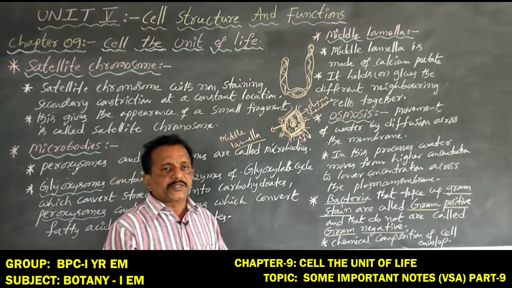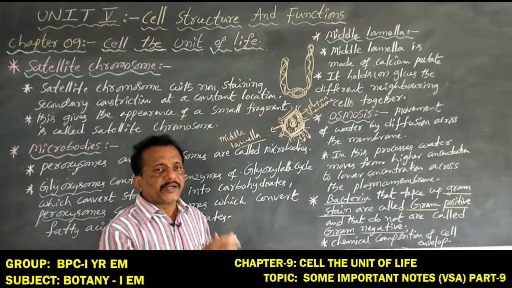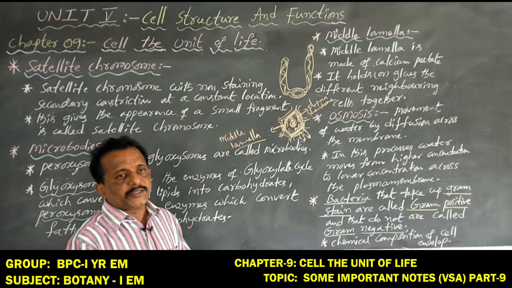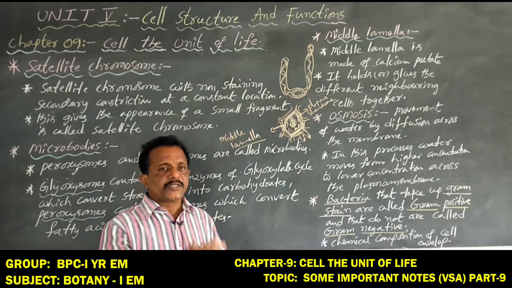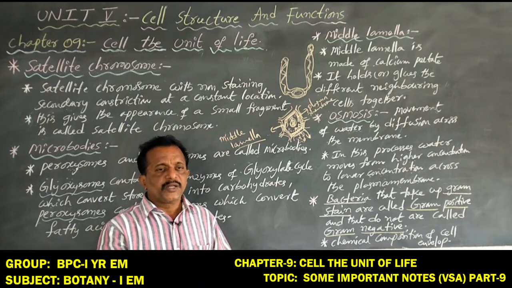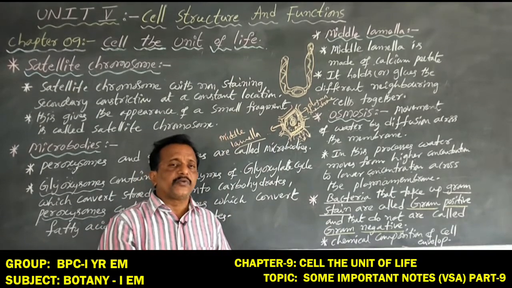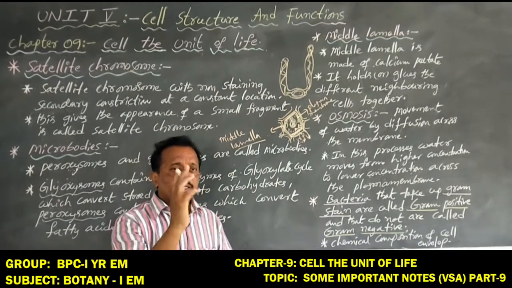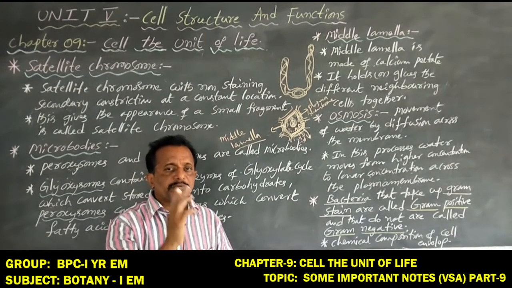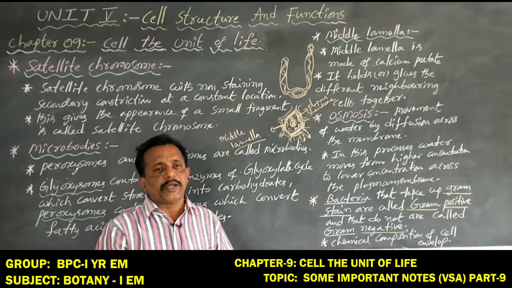Bacteria are of two types based on the cell wall composition. One is gram-positive bacteria, another is gram-negative bacteria. Dear students, in prokaryotic organisms, the best examples are bacteria. Bacteria are generally of two types based on the chemical composition of the cell envelope. These two types of bacteria are gram-positive bacteria and gram-negative bacteria.